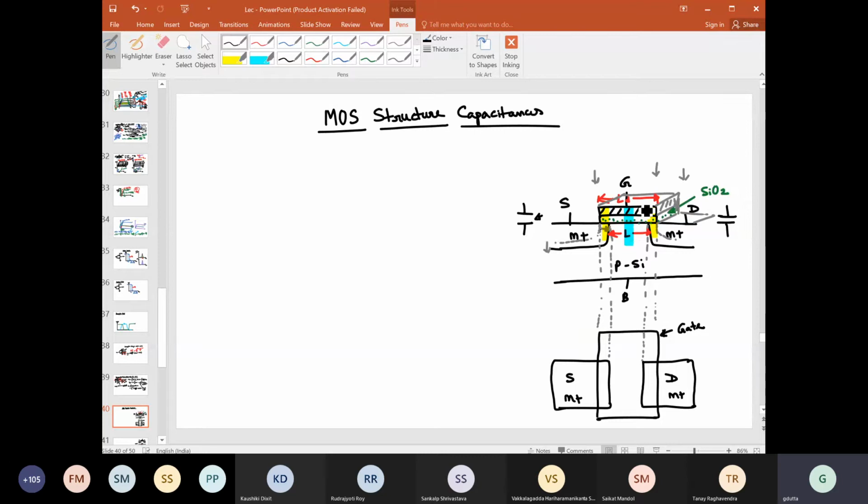Yes, sir. Charge depletion increases. Charge depletion, right? We have discussed it even in the introduction class, right? When you apply some positive voltage, then what will happen? This is p silicon, holes will be repelled, so a depletion region will be created, right? So that way, this capacitance will actually decrease until you reach the threshold voltage. This capacitance will keep on falling, right? So this capacitance will change with application of the gate voltage.